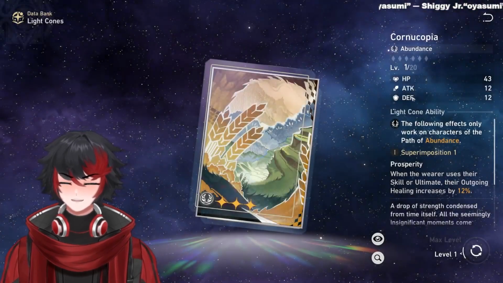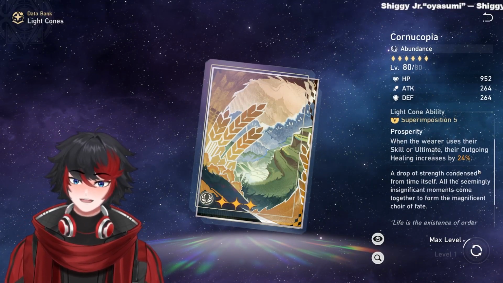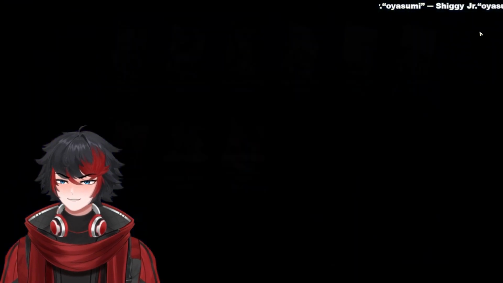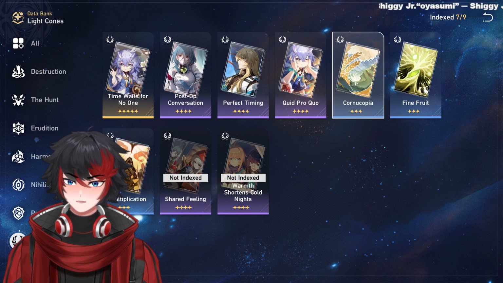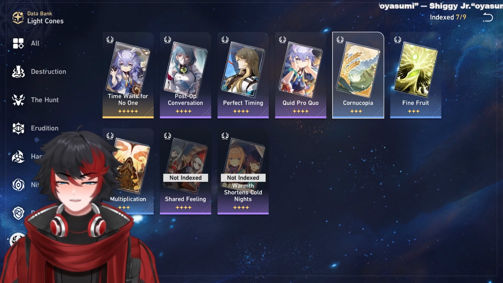Cornucopia, amazing. Cornucopia is absolutely disgustingly OP. 24% outgoing healing. It affects your skill and alt. Absolutely bonkers. I think it's the best 3-star Lycone in the game, actually. So you should definitely have one of these, maybe even 2 of these at Superimposed 5, and I would definitely use the one. If you don't want to use Cornucopia and you want to upgrade to a 4-star one, then